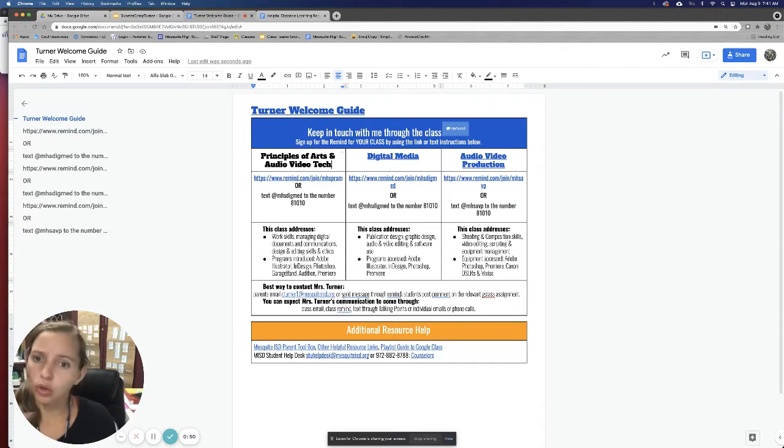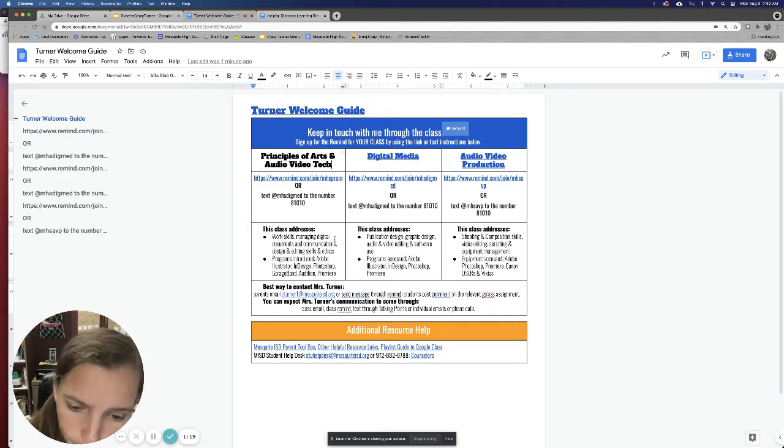Get to know how Google Drive and the Mesquite ISD portal is arranged, and then build on that with understanding more digital technology, as well as getting to know the Adobe programs, which you can get certified in the upper level class, which is digital media. We'll touch on a little bit of fashion design and principles of arts because that's something that we address. We'll touch on the principles of arts and elements in art. But in digital media, we'll go deeper with everything.